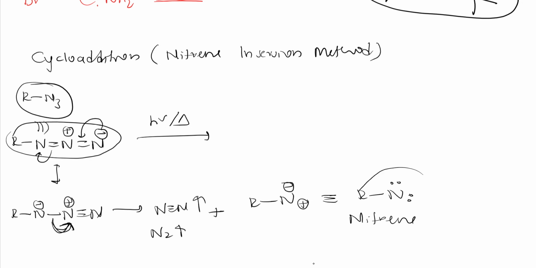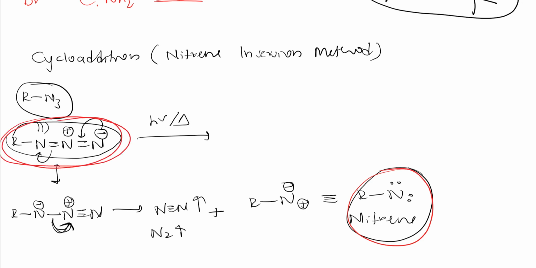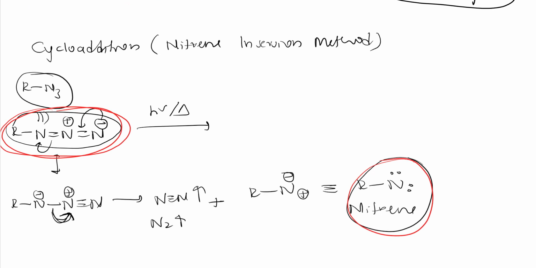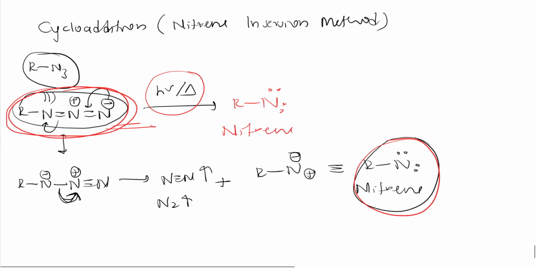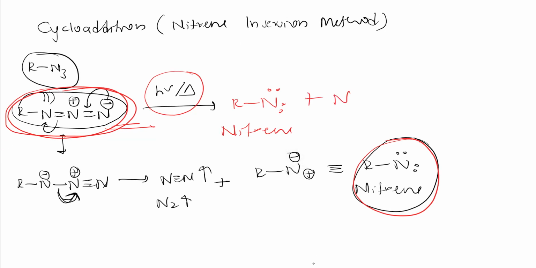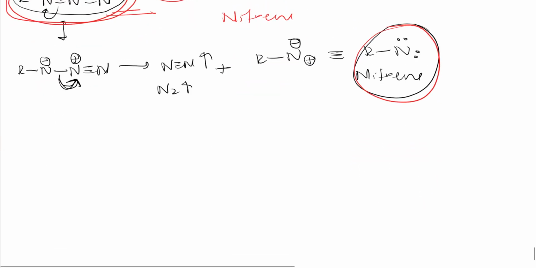Sometimes this nitrene only will react. Sometimes this compound will react, right? Based on condition we will form it. So I will use this compound in this harsh condition, and it will form this nitrene. It is nitrene, right? So this plus nitrogen gas is released, that goes outside. So let us see the reactions, a few reactions.